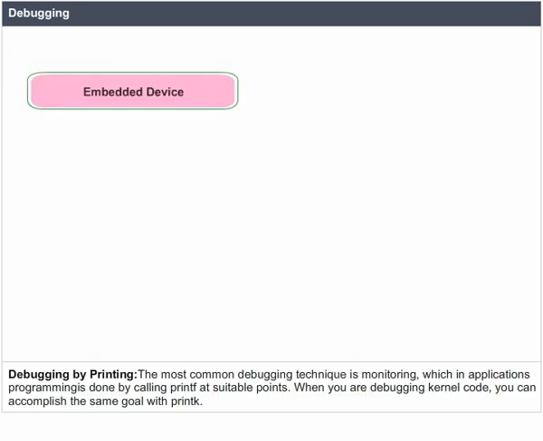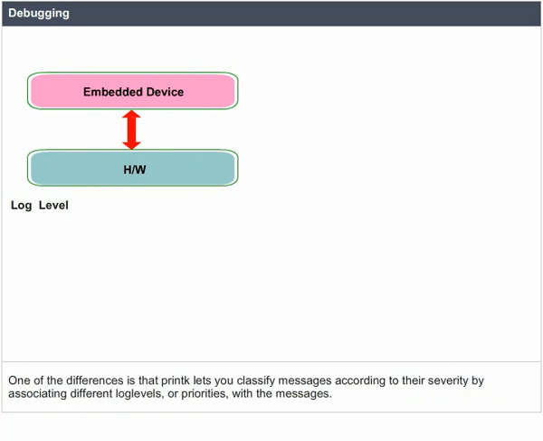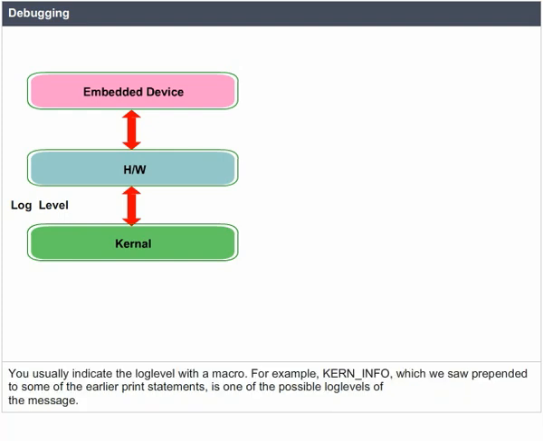Debugging by printing. The most common debugging technique is monitoring, which in applications programming is done by calling printf at suitable points. When you are debugging kernel code, you can accomplish the same goal with printk. One of the differences is that printk lets you classify messages according to their severity by associating different log levels or priorities with the messages. You usually indicate the log level with a macro. For example,